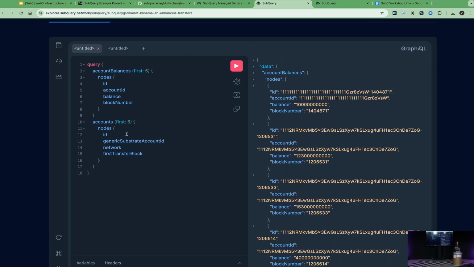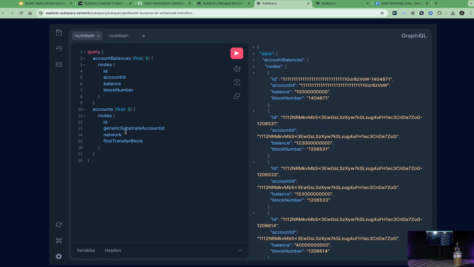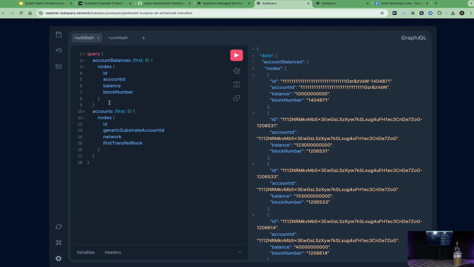There are also a lot of instructions on GraphQL if you need some help with data query, and you're able to get some information from there. And I really recommend you visiting this and playing with this project and also with the query. And please submit this as a part of the workshop challenge if you want.